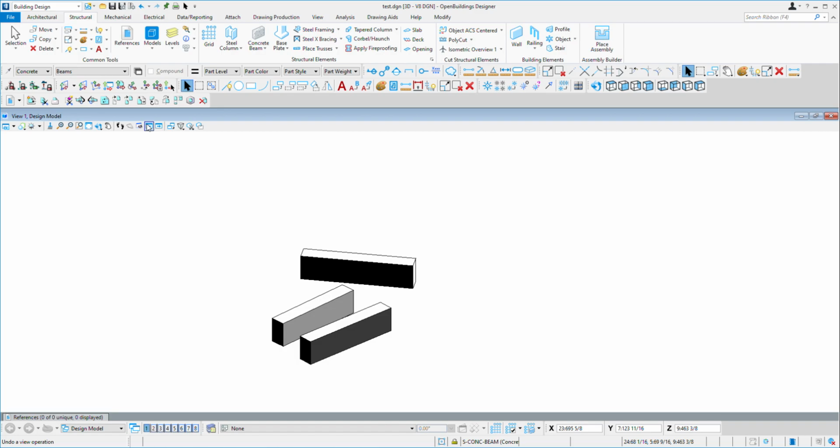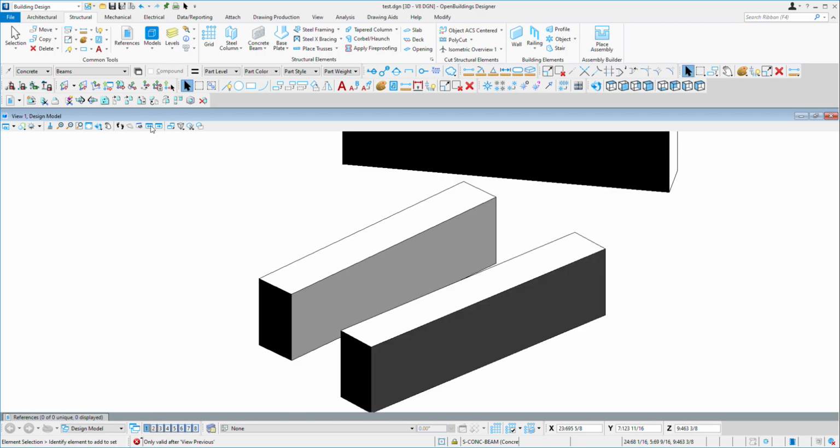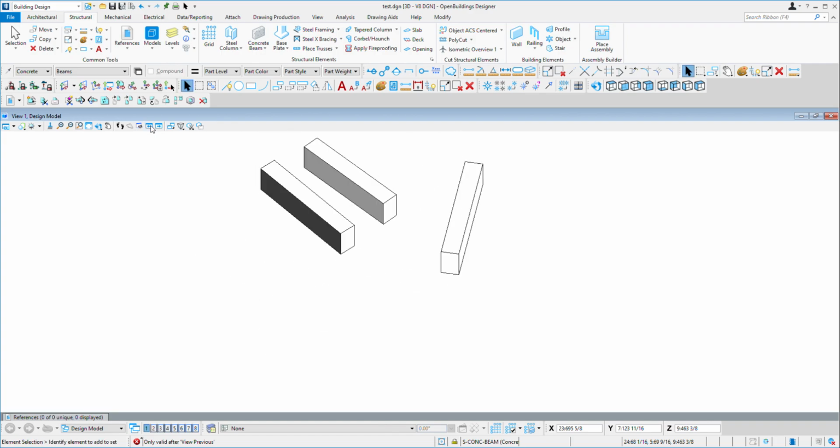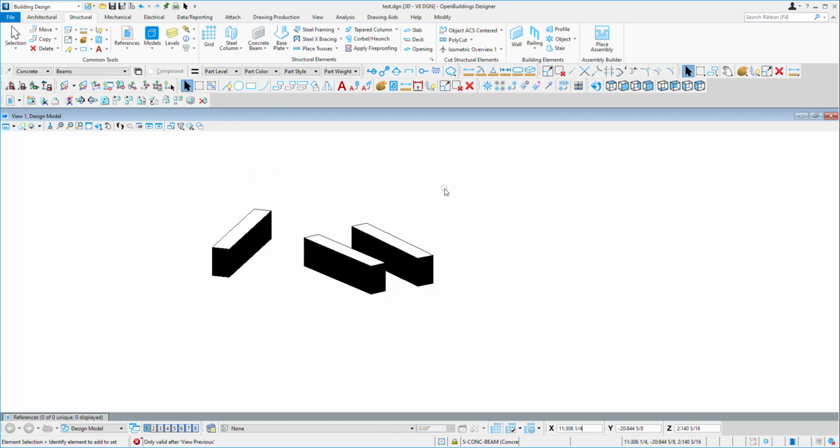And previous view: which view you have seen previously, it takes you back like this. If you undo in your window, it will not change the view. If I undo, it is not changing the view. So for view undo or redo, you need to go here,